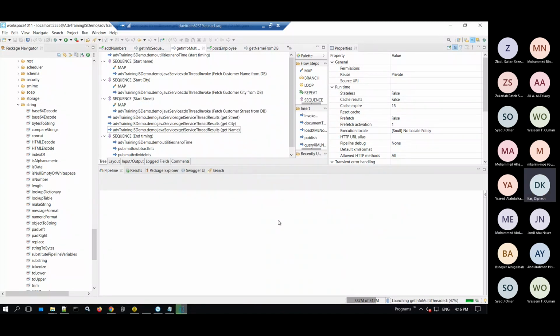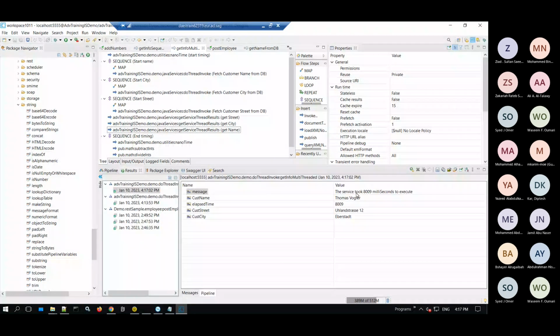Yep. So I am just running it to showcase the exact time and how much time it will take. That is 8009 milliseconds which has been taken. So I thought this is the scenario which you were discussing yesterday. This is one of the solutions